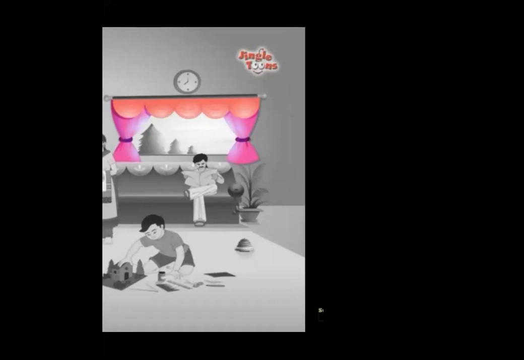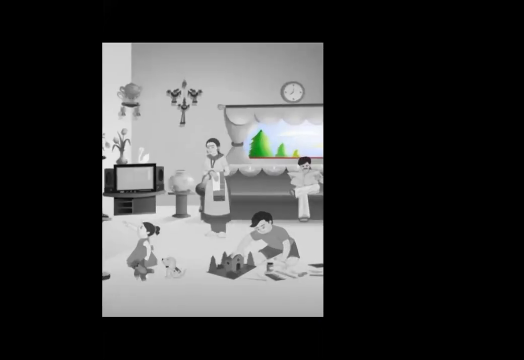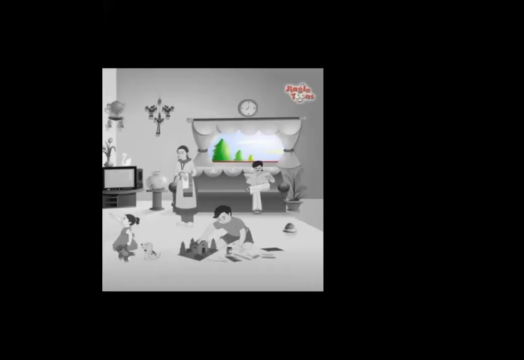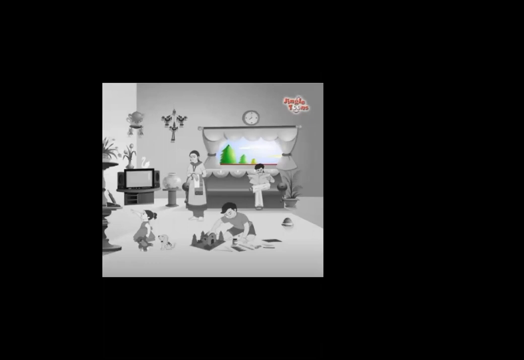Okay, so in this way, each and every detail we can describe in the picture reading. Okay, and then this we can see something outside the window. There are beautiful trees outside the window, or you can say nice view can be seen outside the window. Okay, so this way, when we write, when we do a picture reading, we need to describe each and every detail of that picture.